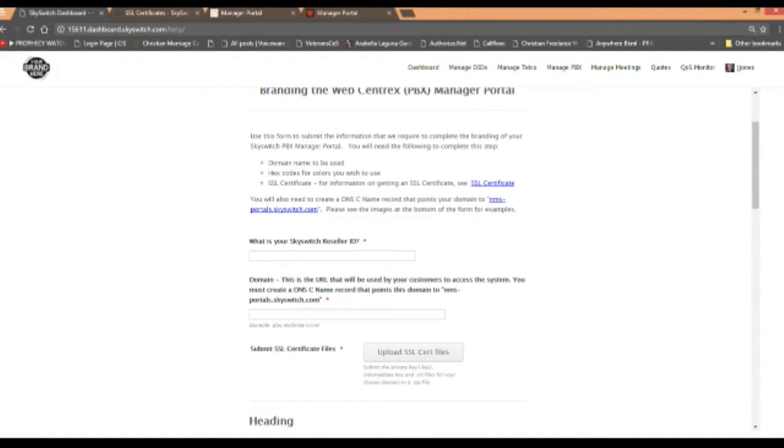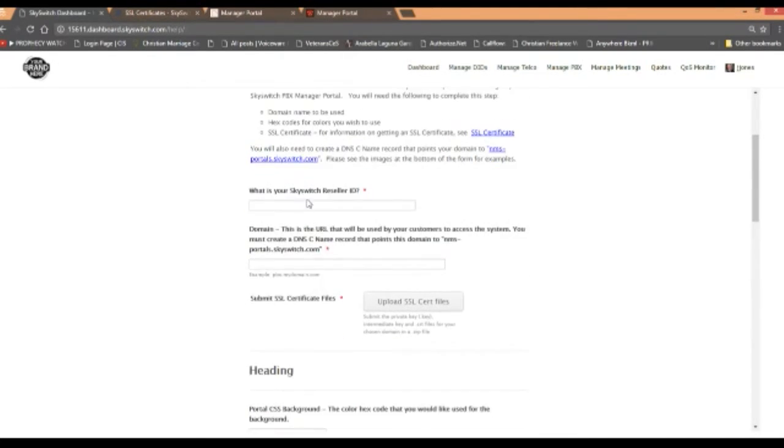So let's talk a little more about this form. You'll put in your reseller ID. Now, as a new reseller, every new reseller gets a 5-digit reseller ID. It will come in your welcome letter email. And typically it starts with a 2, but could be different, and it's a 5-digit reseller ID, and you'll want to put that in here. Then you'll want to put in the subdomain that you've decided to use, pbx.yourdomain.com or portal.yourdomain.com, or whichever subdomain you've decided to use. And again, remember, you have to create a CNAME record that points that subdomain to this URL,